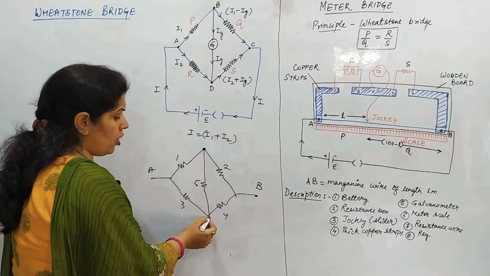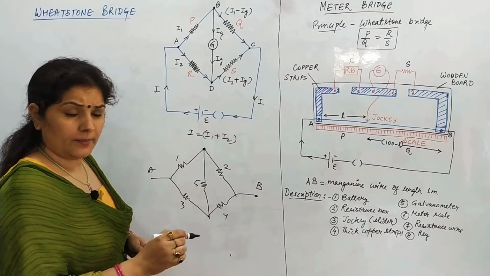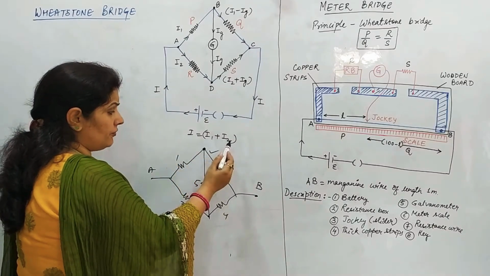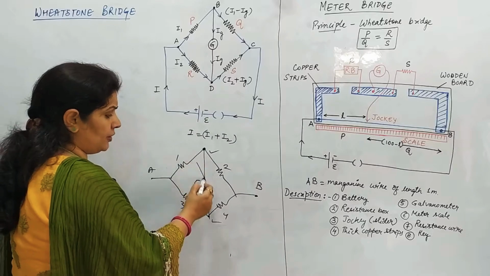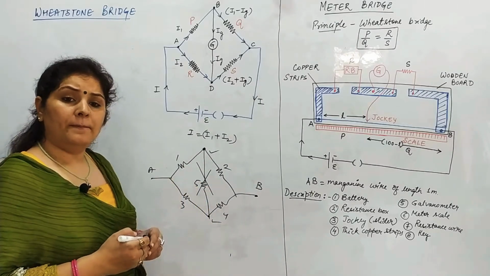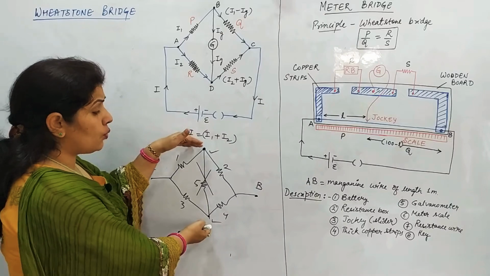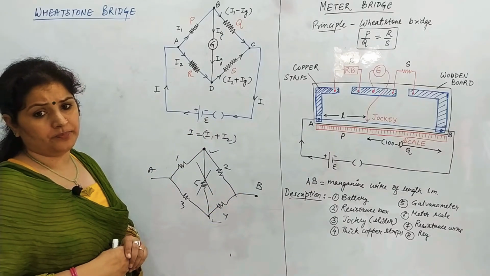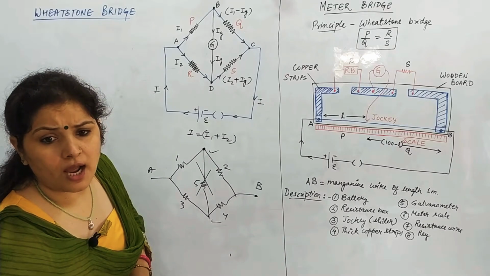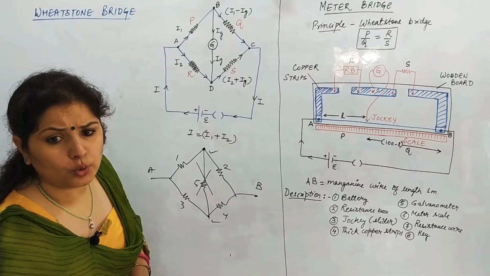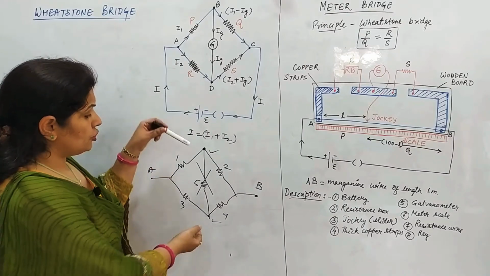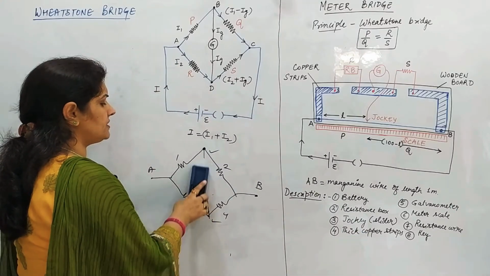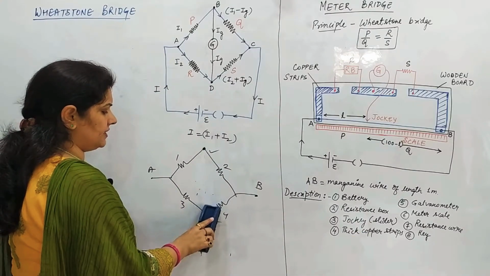if the potential of this point and this point is the same, see, current flows from higher potential to lower potential. So if the potential of this point and this point is the same, then no current will flow in the middle arm, provided that this vertical middle arm is not connected to the battery directly. Right? So no current will go through this arm. When no current is flowing through this arm, we do not consider its resistance.